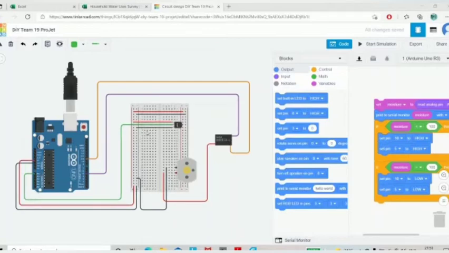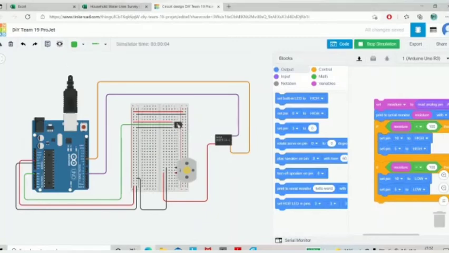and the moisture or the temperature will be read through this analog pin, and when it is greater or lesser than the desired value, then the output will be given through these two digital pins 10 and 5 through the relay, and the motor will run accordingly. The respective code for this diagram has been written, and in practical we have replaced this temperature sensor with the moisture sensor. Now I will show the simulation part.